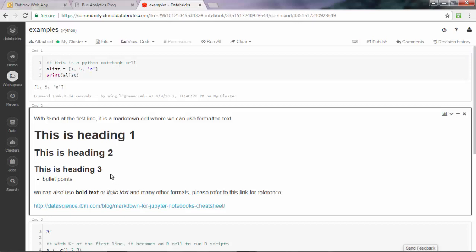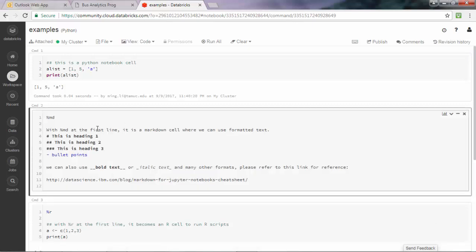So to do that, what we can do is actually when we click that cell, you can double click on that particular cell. You can see that on the first line, we use %md to indicate this is a markdown cell. So with %md at the first line, the program understands this cell is basically a markdown cell. And for a markdown cell, where we can use